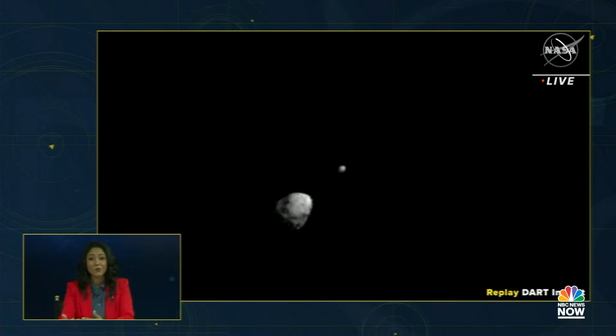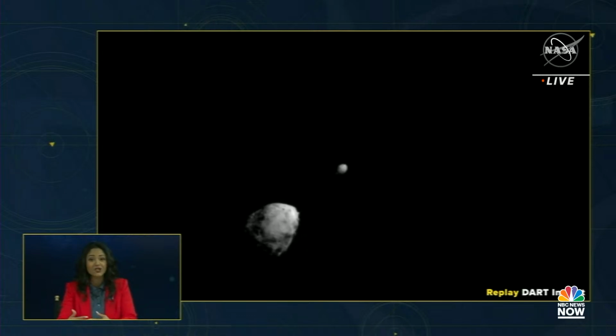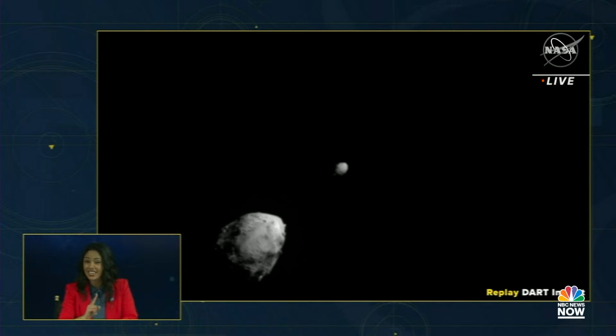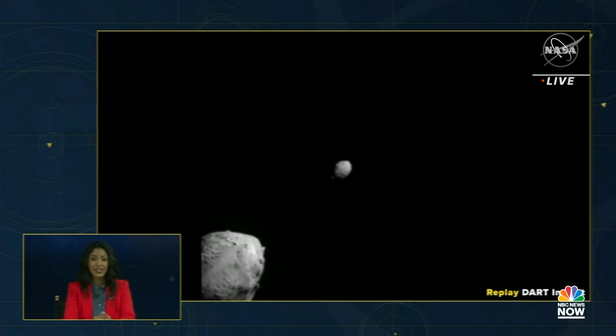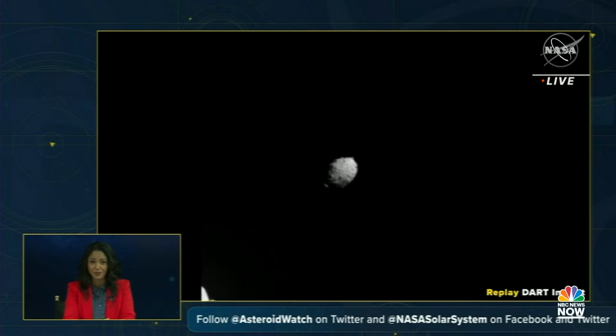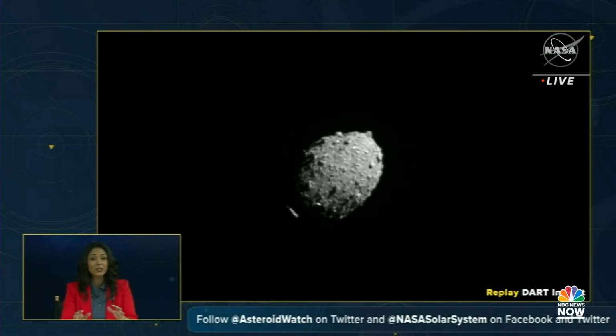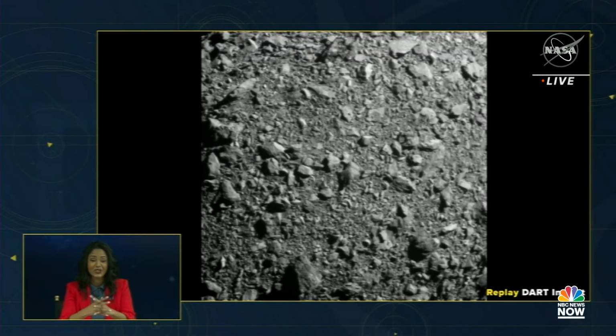Over the next days and weeks, we'll be monitoring Dimorphos from all angles, tracking its change in orbit with ground-based observatories, studying the impact crater and ejected materials with space telescopes, and we may even get images from missions like Lucy, Hubble, and Webb. Now, don't miss a beat. For mission updates, follow Asteroid Watch on Twitter, NASA's Solar System on Twitter and Facebook. Remember, impact was just the beginning. Science and images will be rolling in soon, so stay tuned to